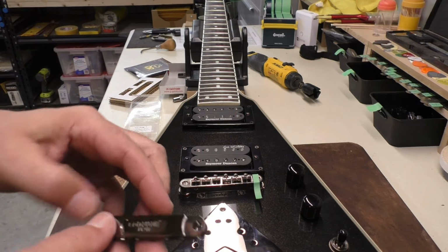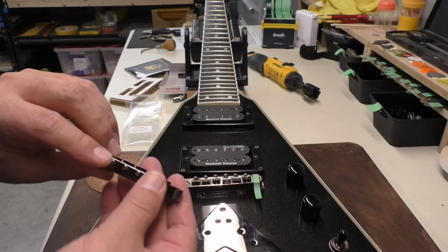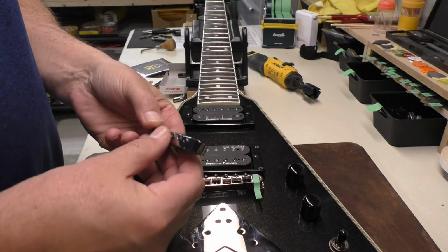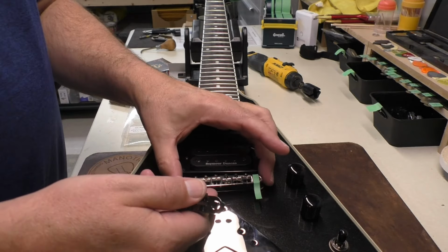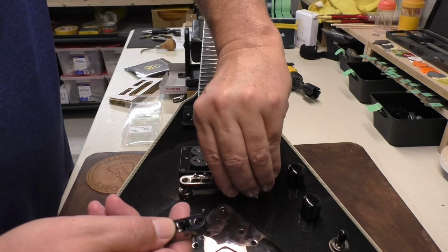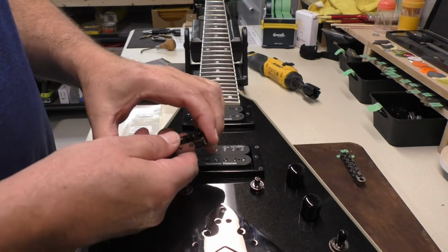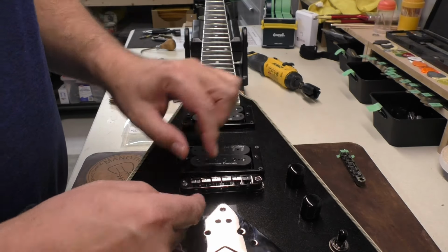There we go. Alright, Gotoh, Japan. See it on the back? Okay, so this one has little Phillips screws for the intonation. And I'm just going to pop this original one off, stock one, and see what happens. Would you look at that? Now,